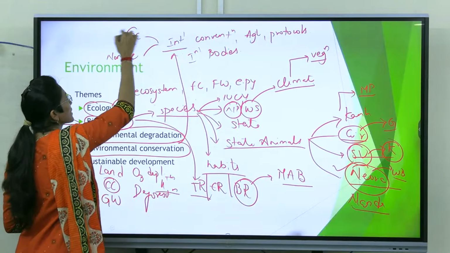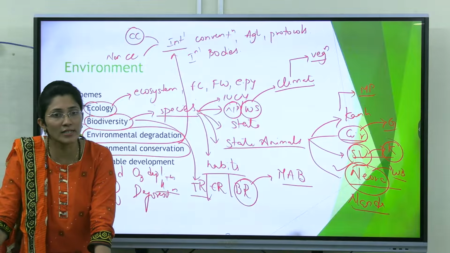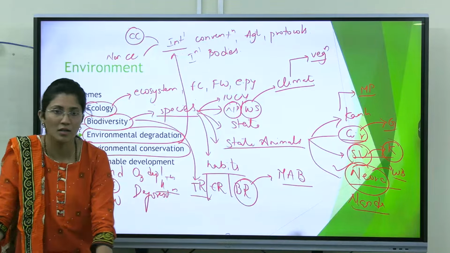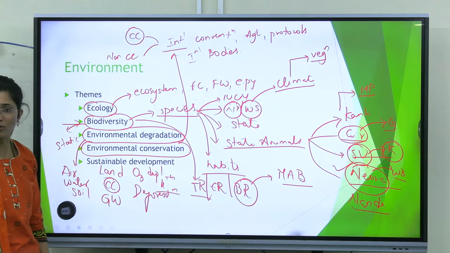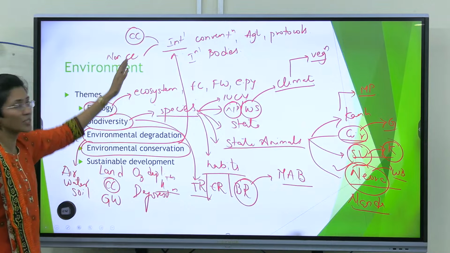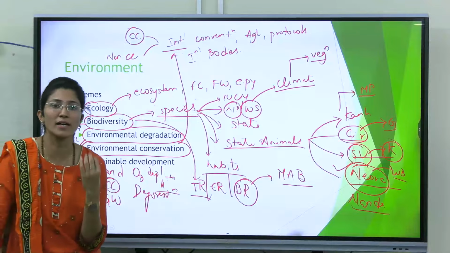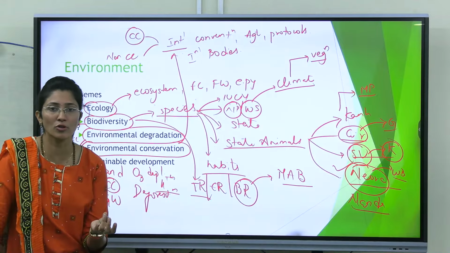What are climate change related conventions? Like UNFCCC. We have the Kigali Amendment also to the Montreal Protocol, and non-climate change ones like UNCBD, the Convention on Biological Diversity, Minamata, Persistent Organic